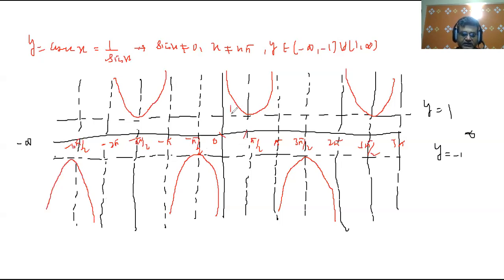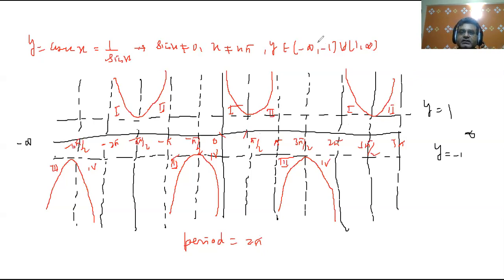Again, this is going to be the first quadrant. This is the second quadrant. This is the third quadrant. This is the fourth quadrant. Likewise, it will move. If you are going in the backward direction, this is fourth, third, second, first, fourth, third, and likewise it is moving. So you can see here also the period of the function is 2 pi. It means it is repeating itself from 0 to 2 pi. Everything is the same, it is just the repetition. So you can see how we have plotted.